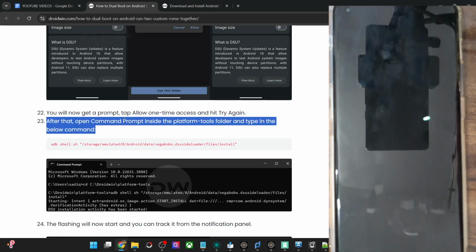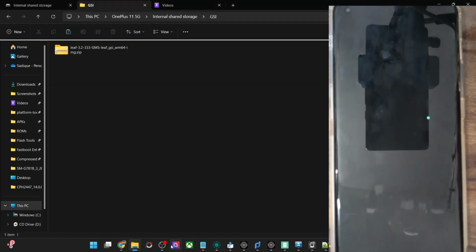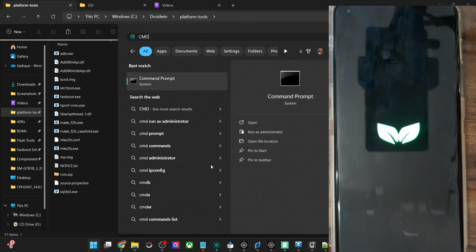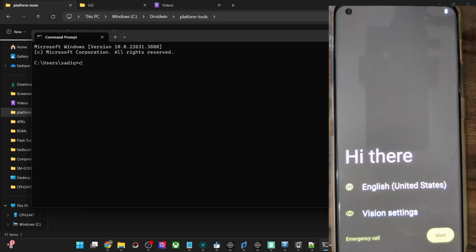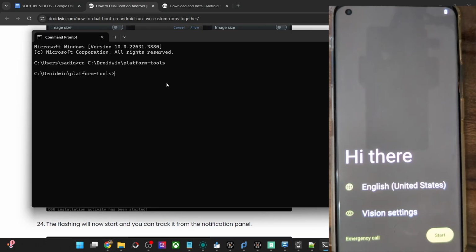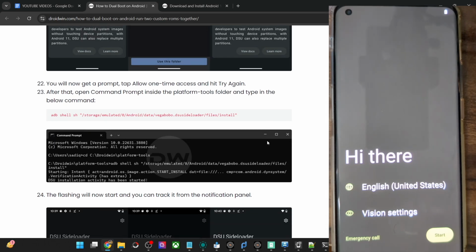In that case, you will have to simply copy this command and then paste it in the CMD window. For that, download and extract the platform tools on your PC. Then open a CMD window in the platform tools, or you may simply type in CMD from the start menu. Then copy the path of platform tools and type in cd, change directory, and paste the platform tools path. Now enable USB debugging on your phone, simply copy this ADB shell command, paste it here and hit enter, and then the app will be given the required permission. This is not required always, but when it is required, it will be asked from you. The app will ask you to simply type in this command and the task stands complete.